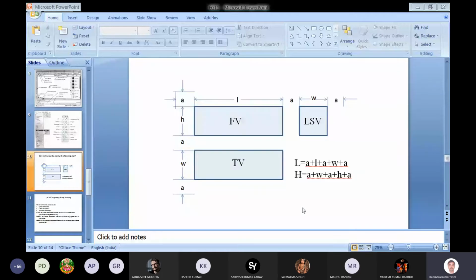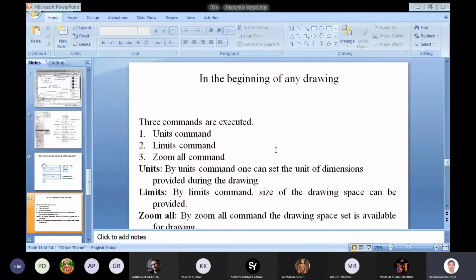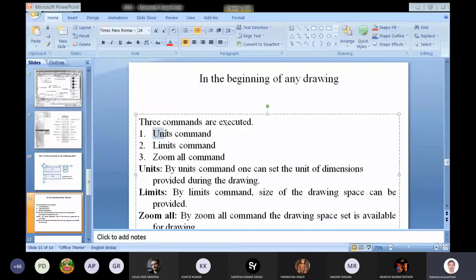First command is to specify the unit. How can we specify it? We just type units. Units is a command by which we can select the type of unit you are going to use. Like if you want to use the dimensions in millimeters, you can specify millimeters in units. And there is a limits command. In the limits command, it will ask for the lower corner of the rectangular space which is required.